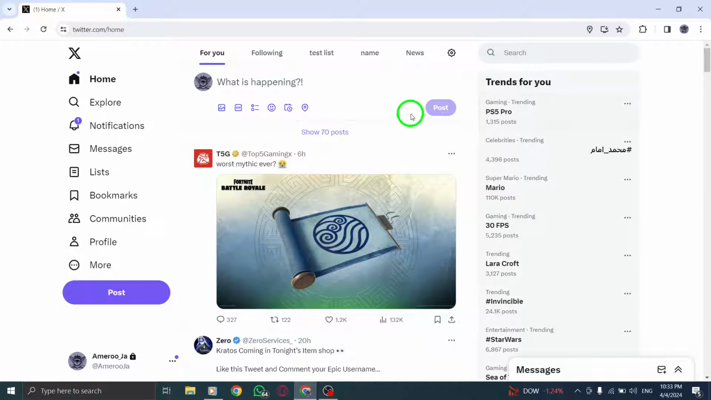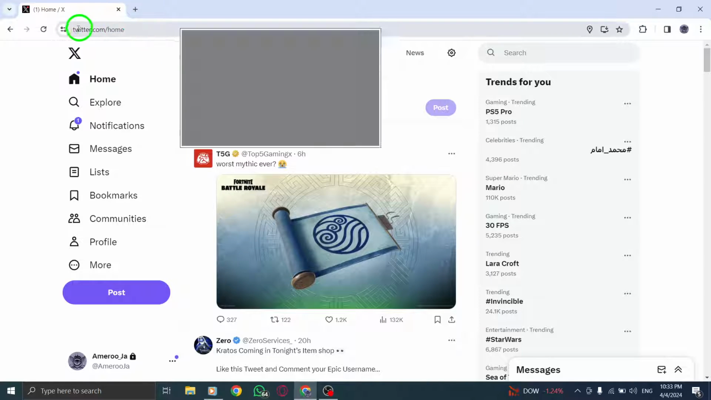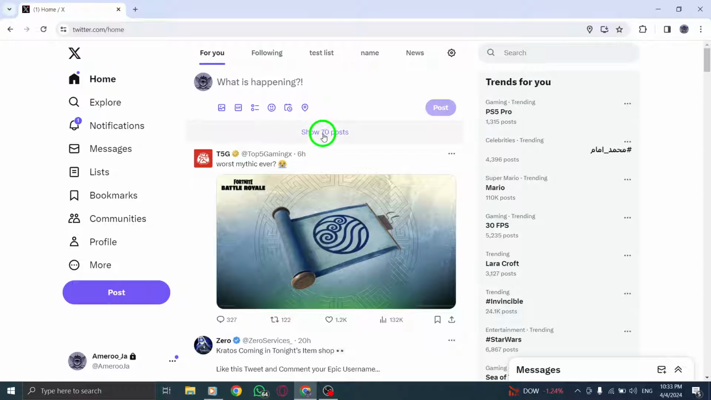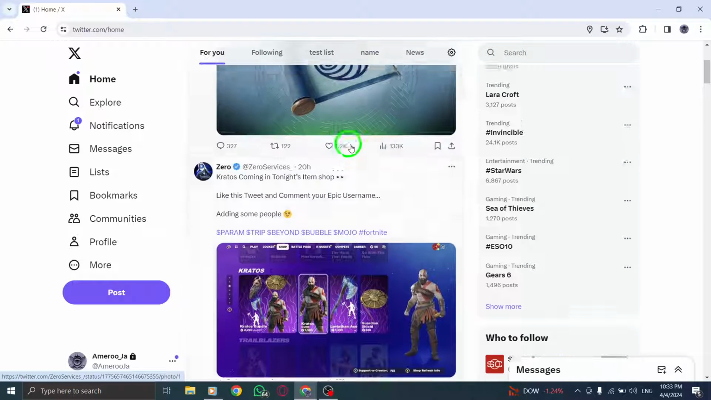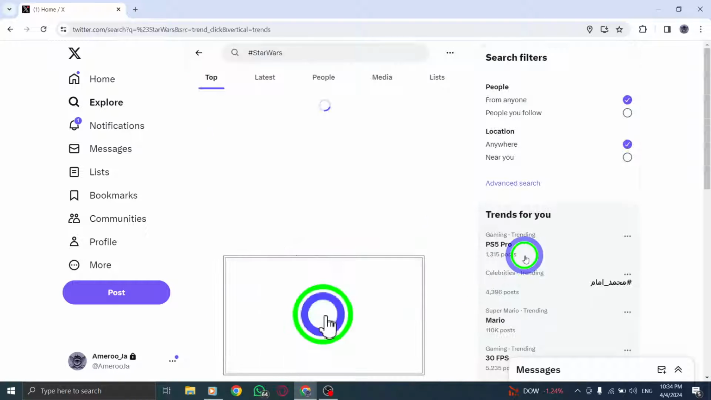First, open Twitter on your PC. You can do this by visiting the Twitter website and logging into your account. Next, find the topic you would like to follow. This could be a trending hashtag, a specific event, or any topic of interest that you want to stay informed